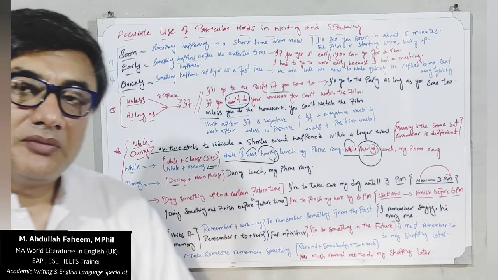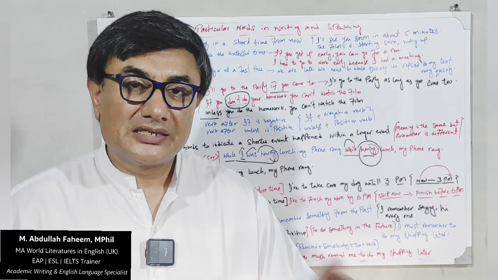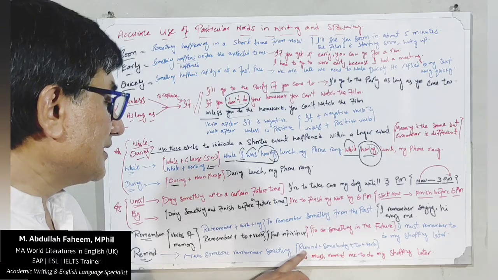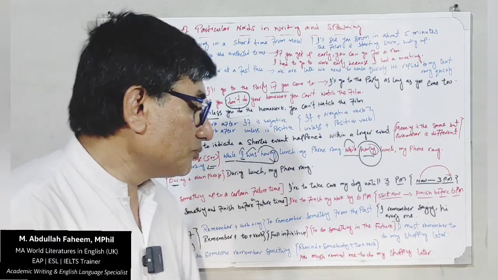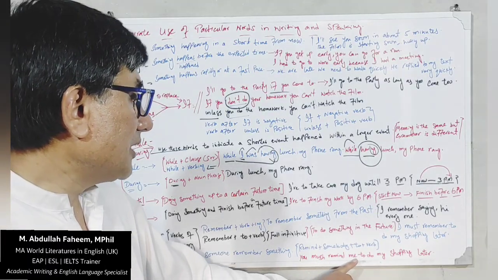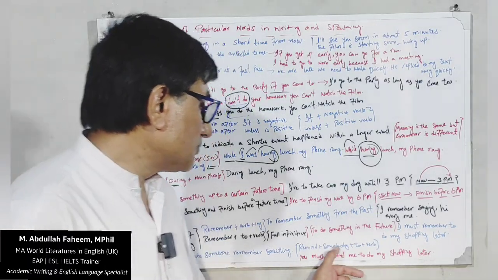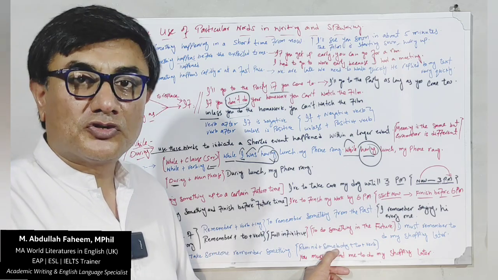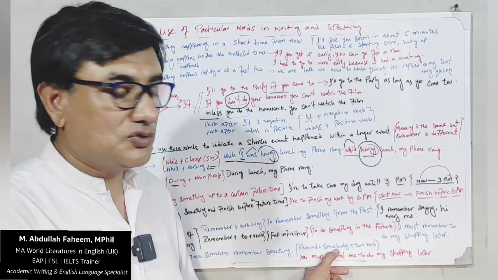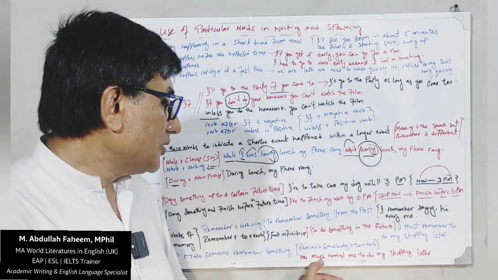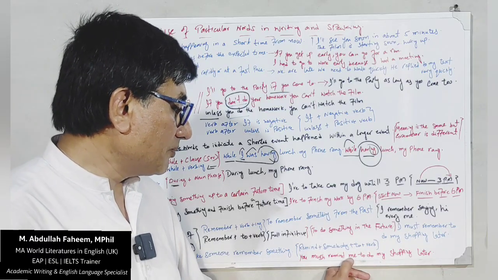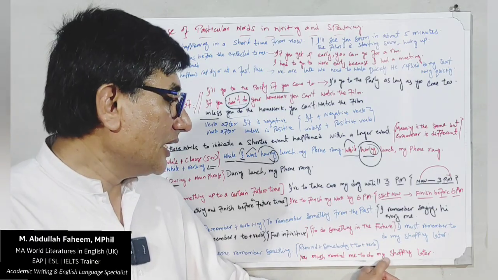Now we have remind. Remind actually means to make someone remember something. This is exactly the formation. Remind somebody plus to plus verb is full infinitive as well. For example, you must remind me to do my shopping later, and you can change somebody to anyone's name, like Ali, like Ahmed, like me, like you, whatever you want. You must remind me, you must remind Ali, you must remind Ahmed to do his work. Or if I am using me, then here I will change it to my shopping later.